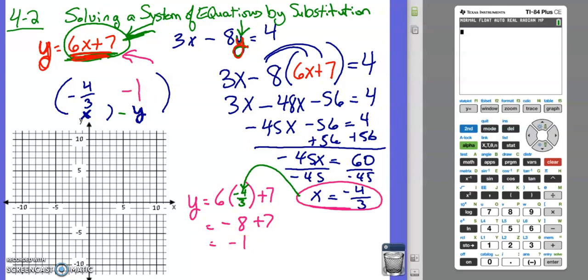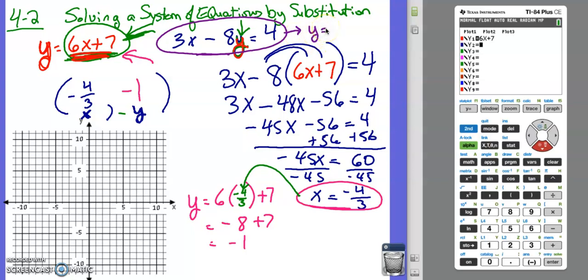Now, one way to check this is you could simply graph these and make sure that it actually crosses there. The first equation is y equals 6x plus 7. So if you type that in, 6x plus 7, and again, this is one way you can check the problem. And then the second equation has to be solved for y equals mx plus b. Remember, to plug it into the calculator, it has to be y equals mx plus b. So if we solve this for y equals mx plus b, this is going to end up being y equals